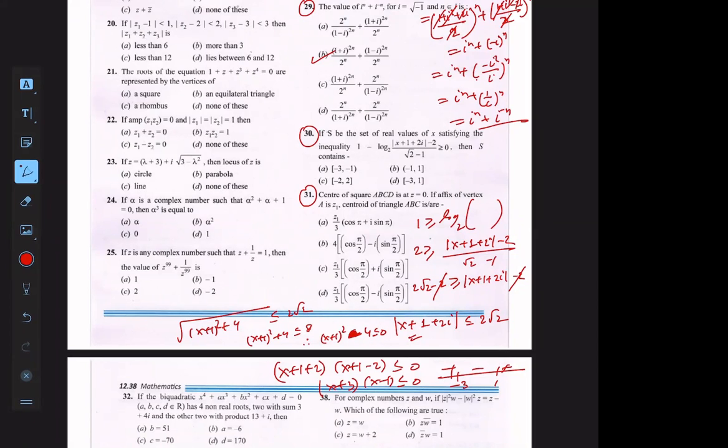अच्छा, इसमें एक चीज और भी है। ये आपने क्रॉस मल्टीप्लाई कर दिया, ये लेस देन इक्वल टू आया, लेकिन आपको ग्रेटर देन जीरो भी लगाना पड़ेगा ना। यहाँ पर ग्रेटर देन जीरो भी लगाना पड़ेगा, क्योंकि मैंने आपको बताया था लॉगरिथम जब भी आप रिमूव करोगे तो आपको ग्रेटर देन जीरो भी लगाना पड़ेगा। तो ये ग्रेटर देन जीरो भी आपको लगाना पड़ेगा।